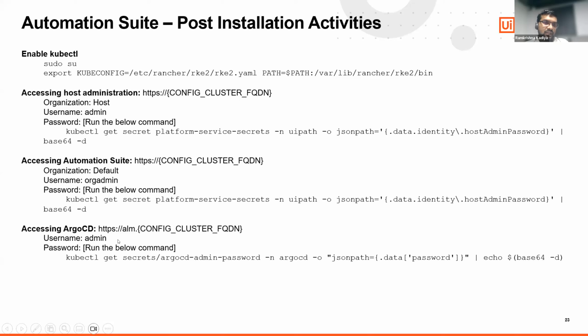Next is Argo CD, right? To access Argo CD, you need to use https://alm.your-fqdn, and then use the username as admin. This command will help you to get the Argo CD